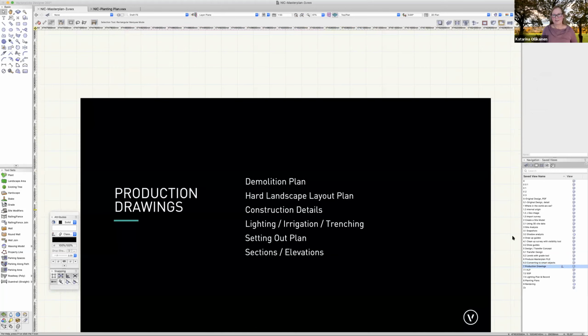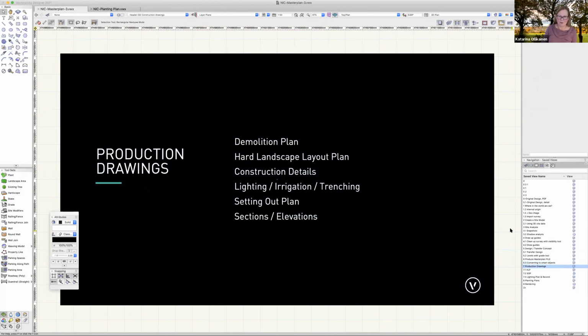Production drawings. This is the next big thing, of course. And we started on it with the hardscape and the landscape areas and so on. This is where you really, really can start having an advantage of using Vectorworks and using the different tips and tricks and tools you have inside the program. So if we should look at, for example, to create a hard landscape layout plan,